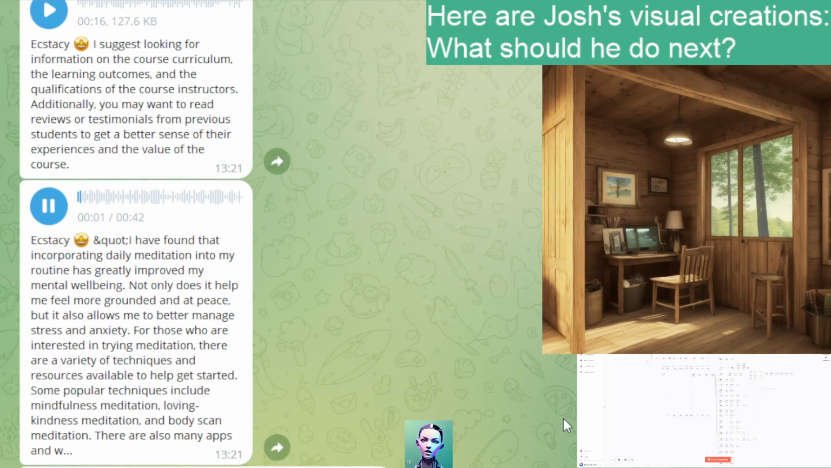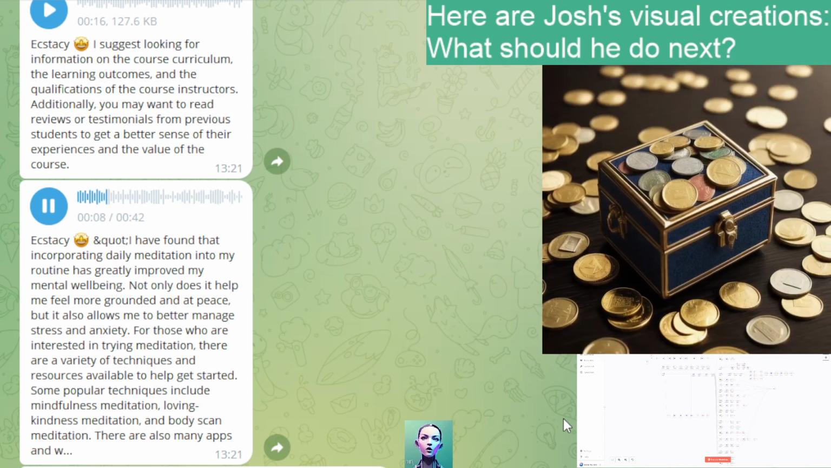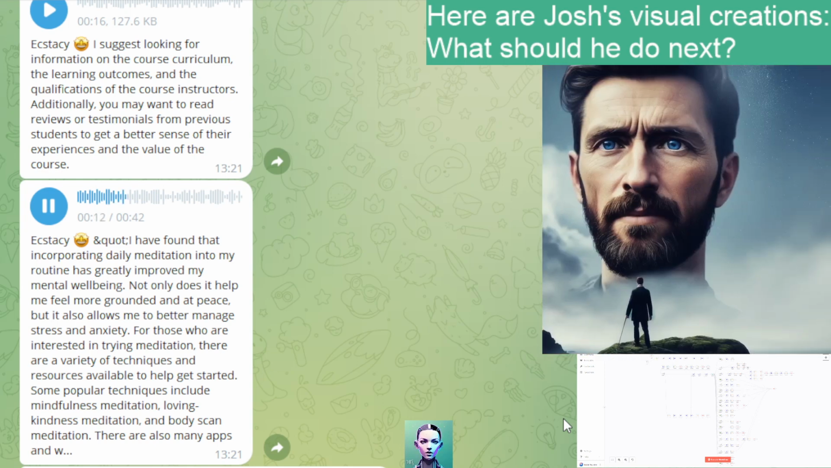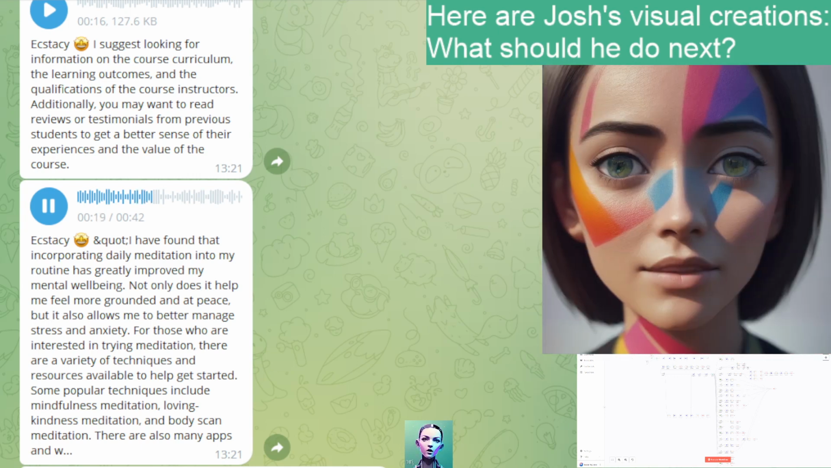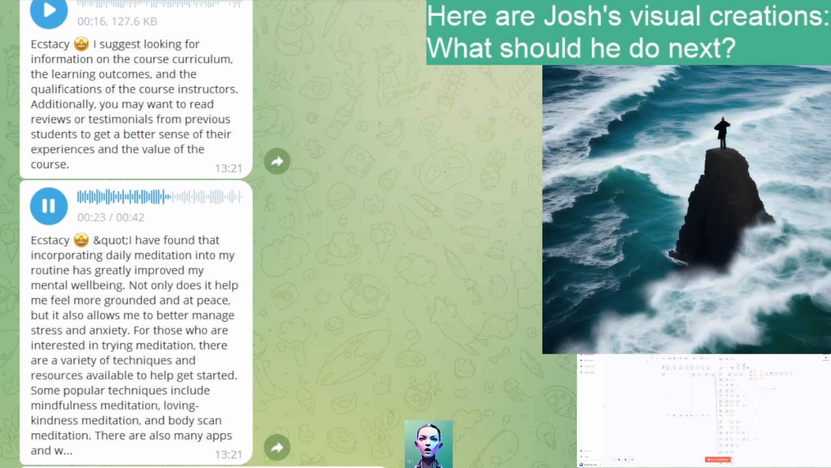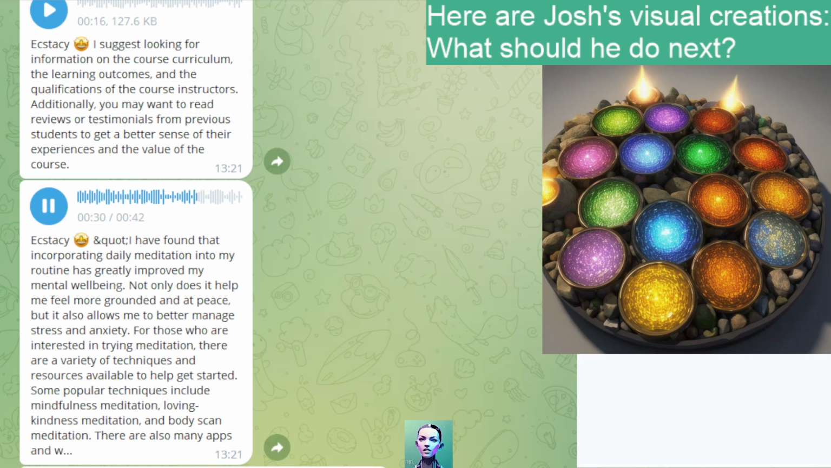I have found that incorporating daily meditation into my routine has greatly improved my mental well-being. Not only does it help me feel more grounded and at peace, but it also allows me to better manage stress and anxiety. For those who are interested in trying meditation, there are a variety of techniques and resources available to help get started. Some popular techniques include mindfulness meditation, loving kindness meditation, and body scan meditation. There are also many apps and websites, such as Headspace and